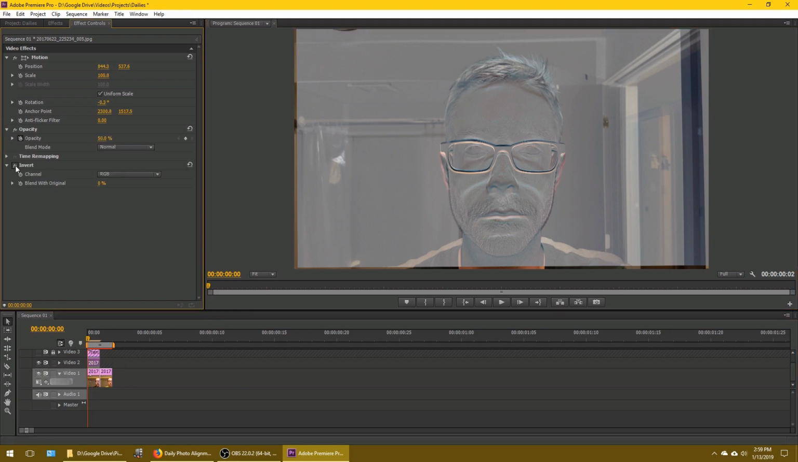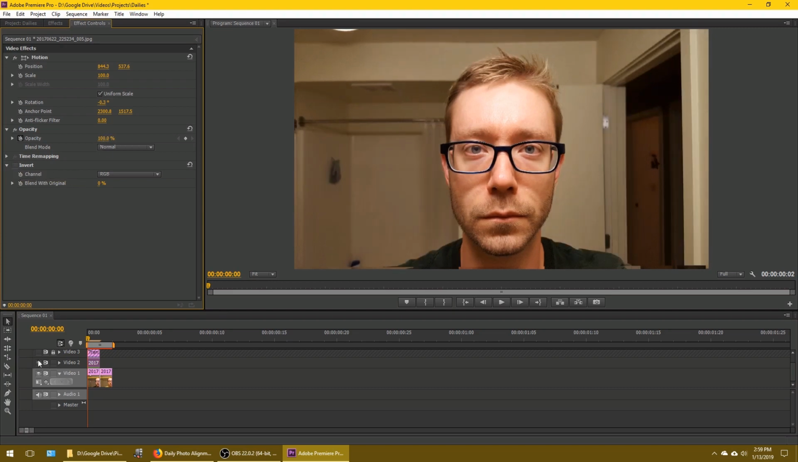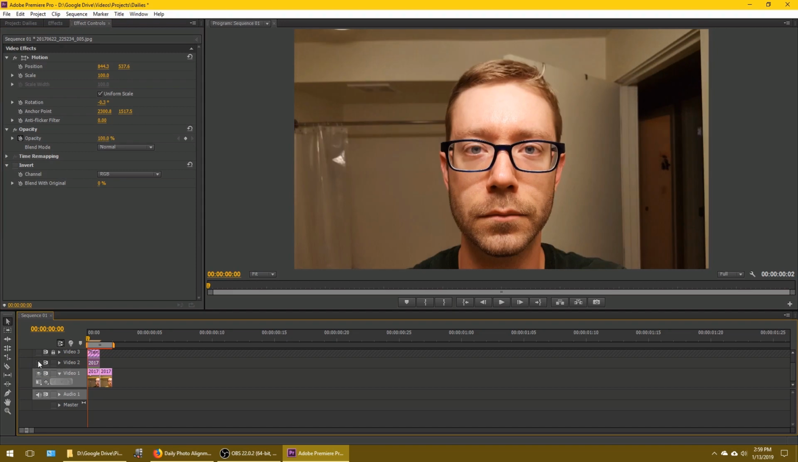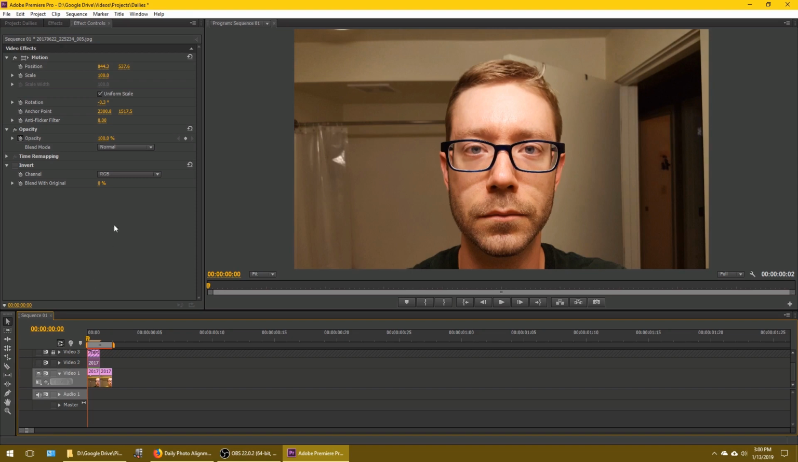Turn off the inversion, put the opacity all the way back up, and let's toggle. Considering my head is just in a slightly different position in these two photos, this is pretty good. This is about as good as it's going to get. Now put everything back, turn the inversion back on, lock it,